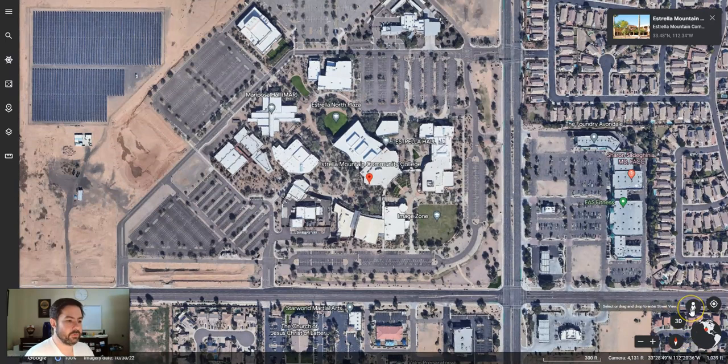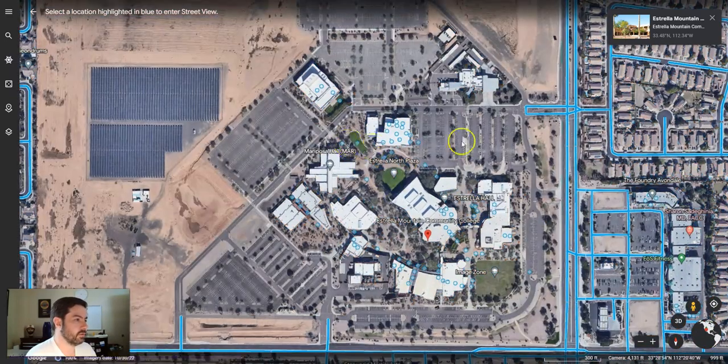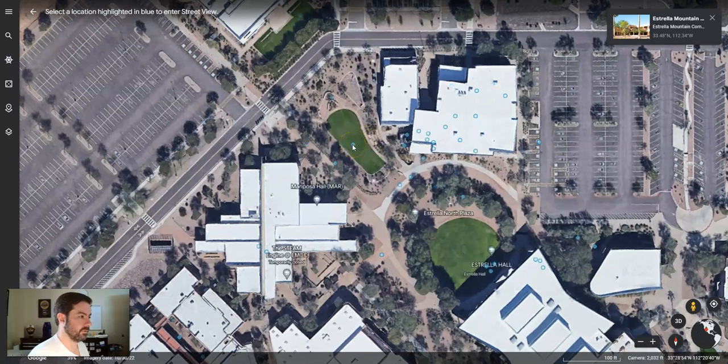This little stick figure, if you click on it, says either select or drag and drop. I don't like the drag and drop. Just click it once, and you can go into something called Street View. All these lines and blue dots appear. You can click on any of these lines or blue dots, and it takes you to that particular location, where either Google or an individual made a street view as if you're standing there, and you can look around. So for instance, let's say this one. If I click on this,